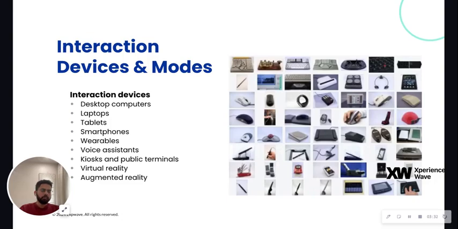The next one is tablets, where the primary interaction mode is touchscreen, and you can directly manipulate the interface elements through touch. It also supports gestures like pinching, swiping, tapping, etc. When it comes to smartphones, again, interaction mode is touchscreen, but the screen is a little smaller. So you will get to see touch-based interactions, often with very small or limited screen space, and it includes gestures as well as taps. Then there are wearables such as